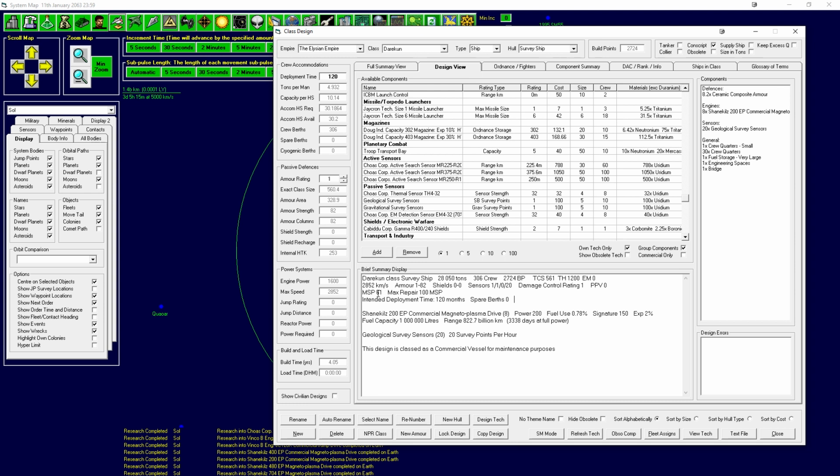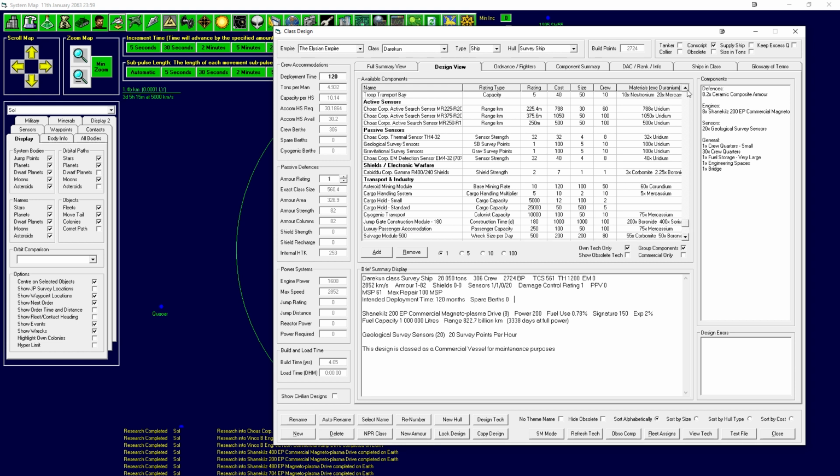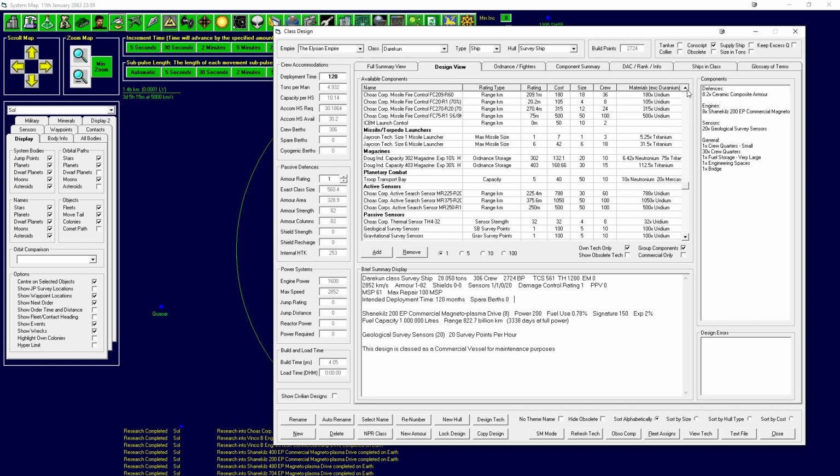Right, so. Build points required for this. Yeah, that's okay. Deacon class survey ship. Still below 30,000 tons. And its range is still pretty large. I would like to have a little bit more range on that, because it will be going some places that are going to have very large...